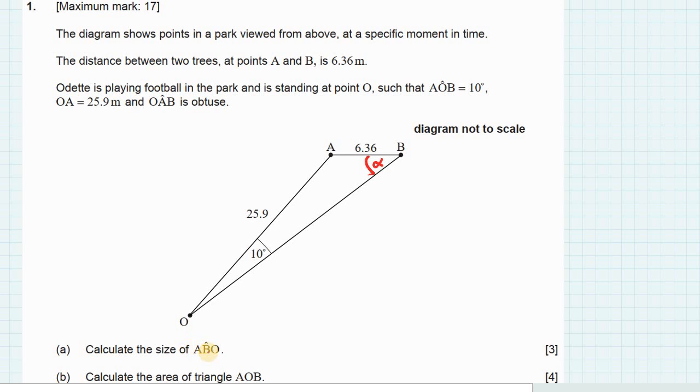Now, how to find the size of angle ABO? I always try to do sine rule first, which is finding the pair. Can we find the pair? What is in front of alpha? The pair of alpha is 25.9. And the pair of 10 degree is 6.36. Since we can find the pair, we can use sine rule. So we will have sin alpha divided by the pair 25.9 is equals with sin 10 degree divided by